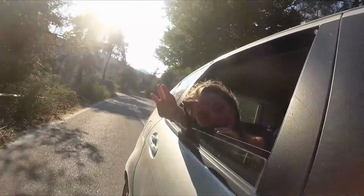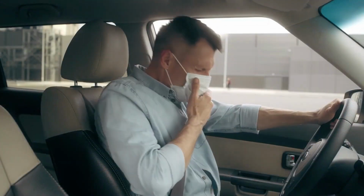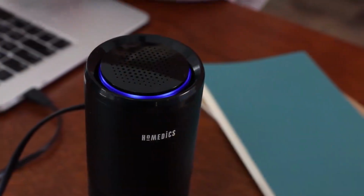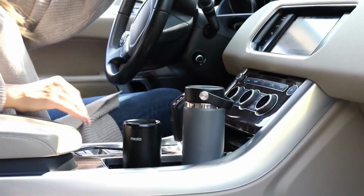They are useful for road trips as they help to improve the air quality in the car, reduce the risk of respiratory issues and allergies, and make the journey more comfortable and enjoyable. Car air purifiers come in a range of sizes and styles to fit different types of vehicles and are easy